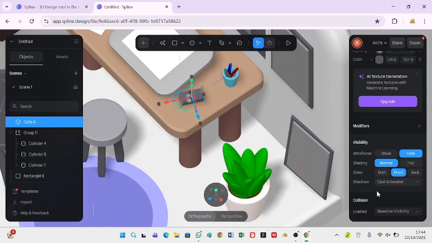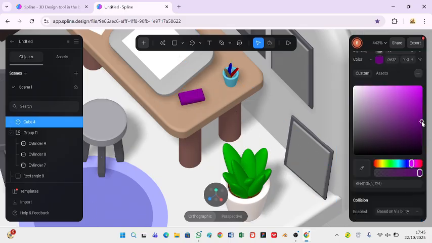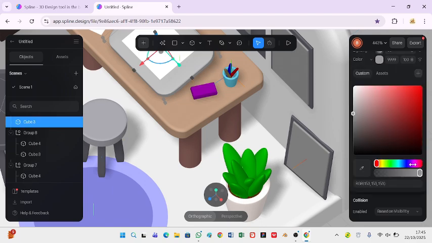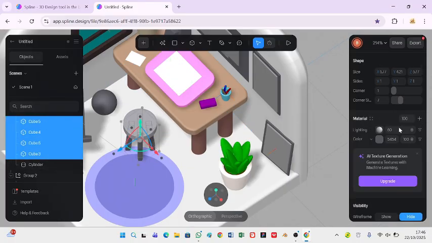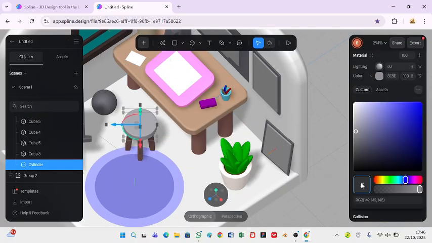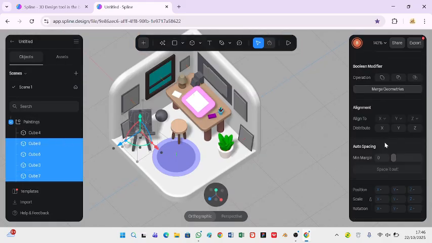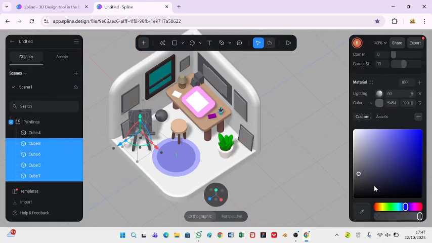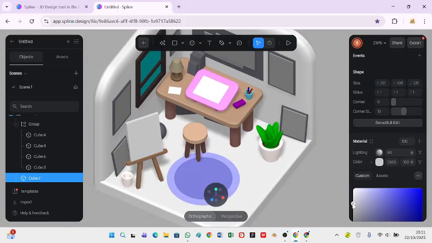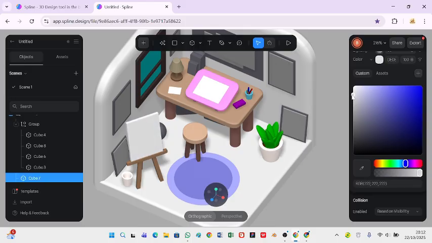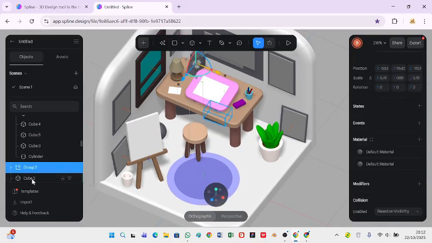Now I'm going to add the plane, and I'm going to extrude it, extrusion, and then change it to color, and then change this color too, and then add the chair color. Then we're going to color this one too,